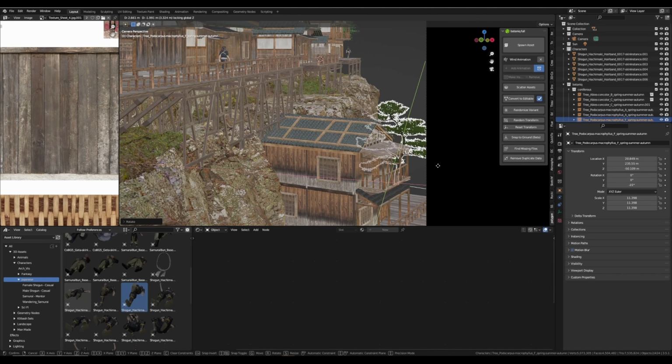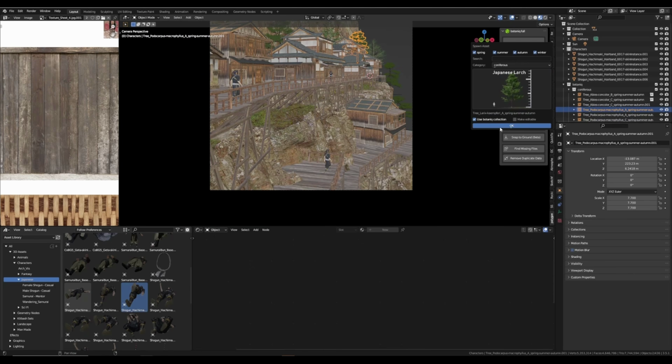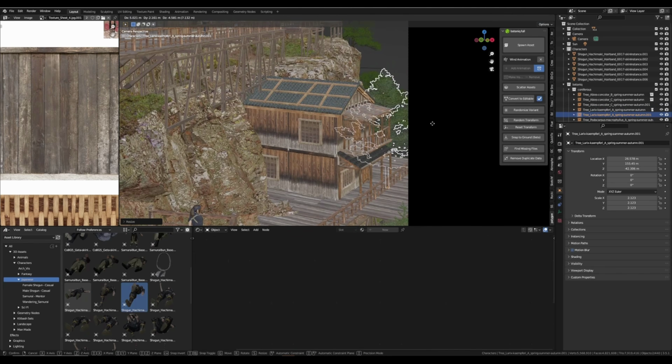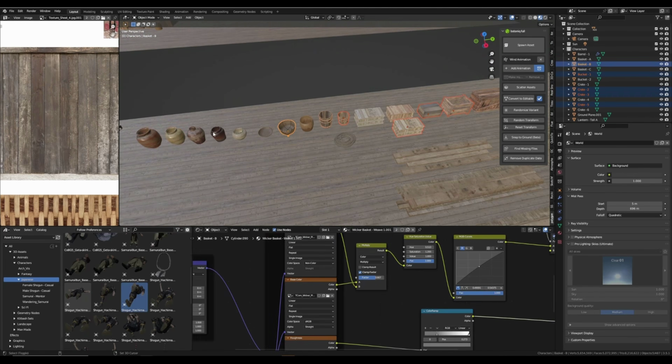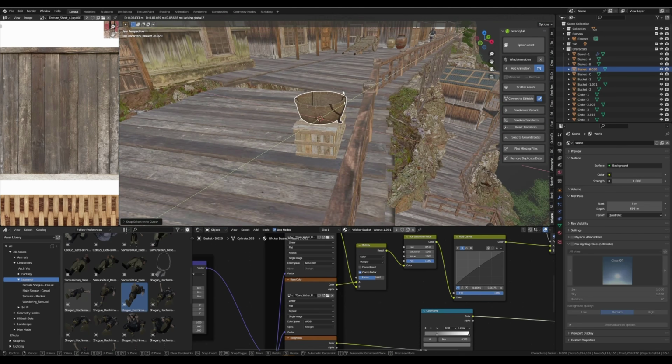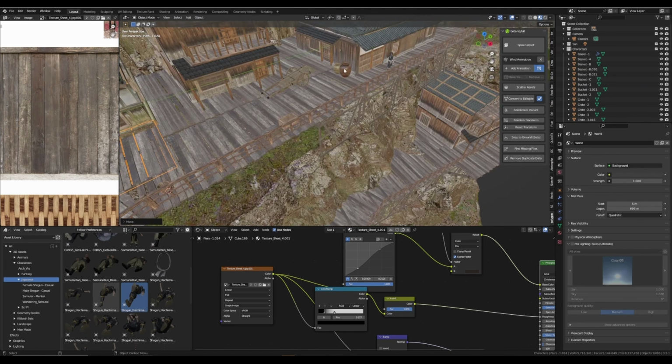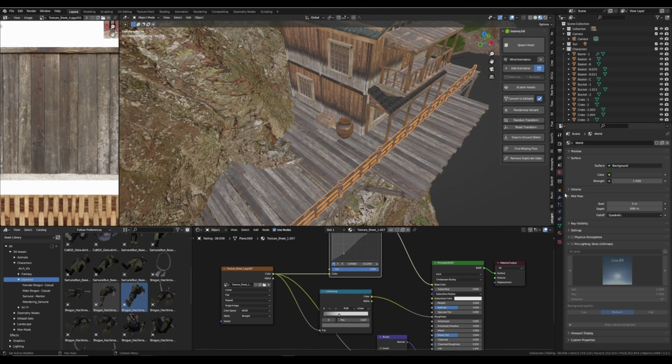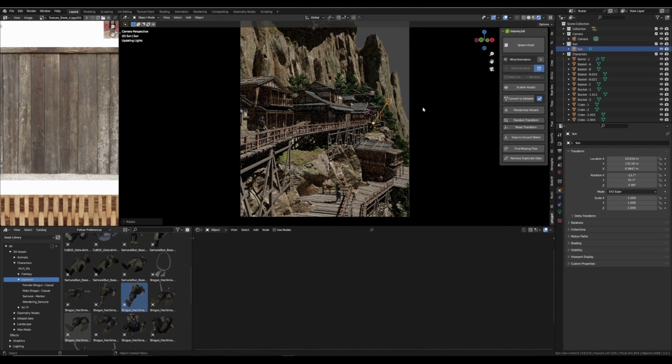I use Botanic as a tree add-on. I find it really great. I know there's a few of them out there, but I use the full Botanic. It's a little pricey initially, but it's really, really great. I have a few add-ons I use, but I actually don't use very many. I tend to do things kind of out of the box, but I use Botanic, and then this is the